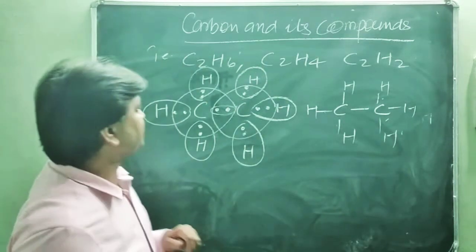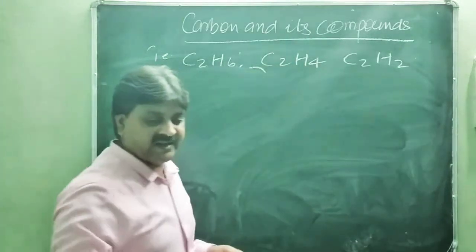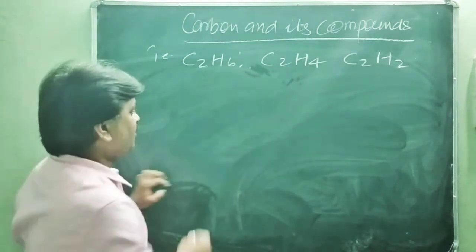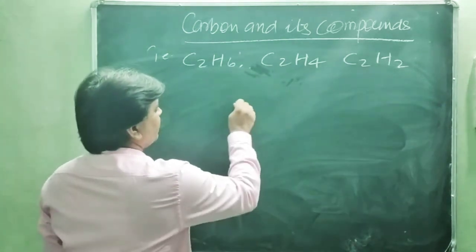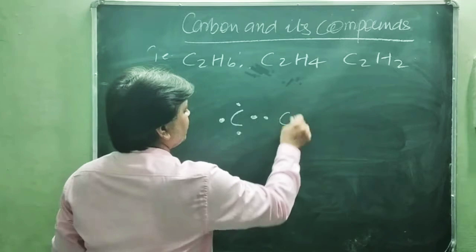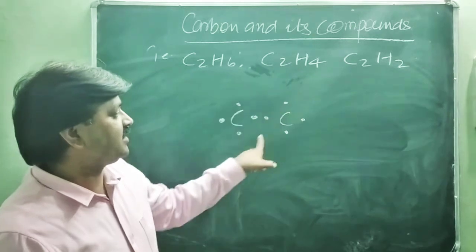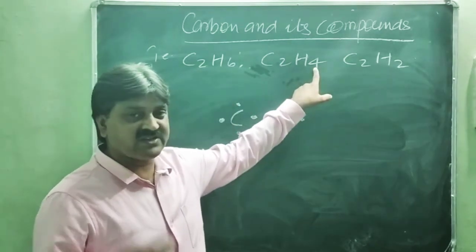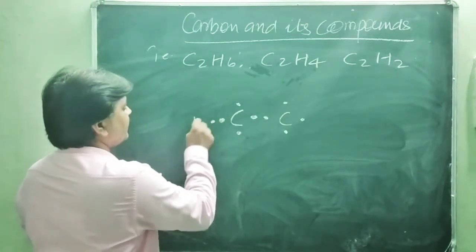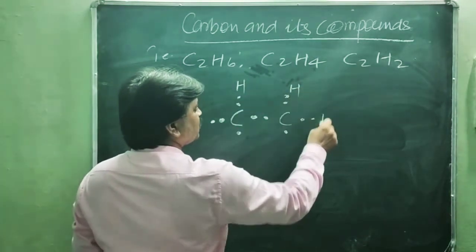Next one is given. This is C2H4. So first you write the electronic dot structure of carbon, 2 carbons and 4 hydrogens, meaning 2 central carbons. So 1 carbon, this is 1, 2, 3 and 4, another carbon, 1, 2, 3 and 4. So how many hydrogen atoms are bonded to each carbon? 2 twos are 4, meaning each carbon has 2 hydrogen atoms. So one hydrogen is bonded here, another hydrogen here, this hydrogen here, and these total 4 hydrogens are shared with the carbons.